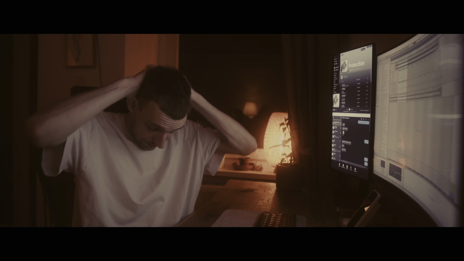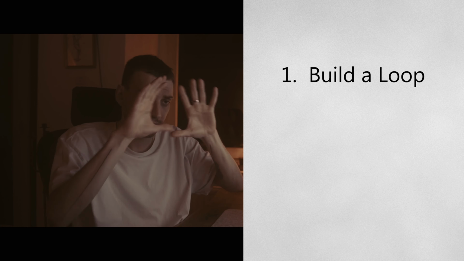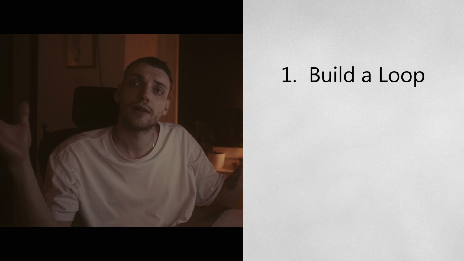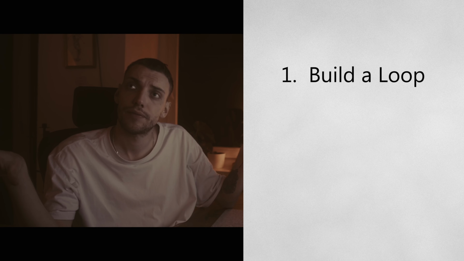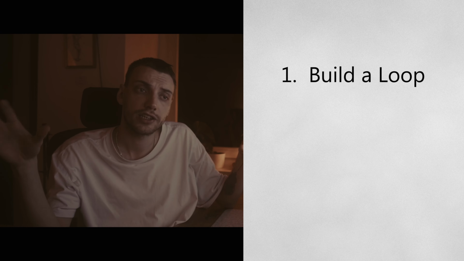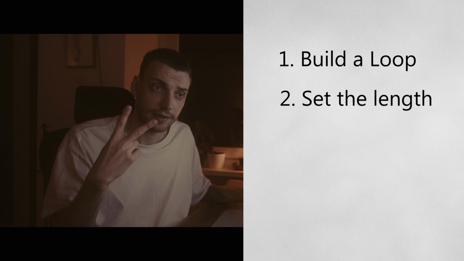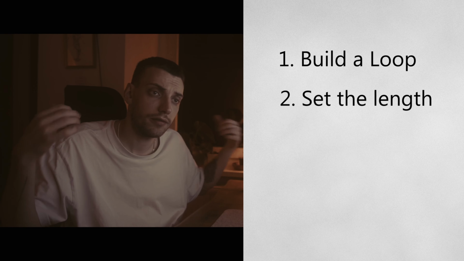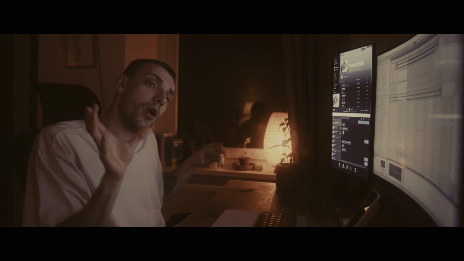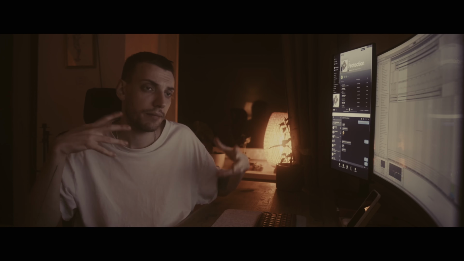A nice way to do it is just first build a loop that you like, where you know, okay, this sounds nice when all elements are inside. So mix it also a bit, make some EQing, I don't know, sidechain, whatever you want. And then the second step is copy paste it in the length of your track. Like when you say I want a 3 minute track, copy paste it till you have 3 minutes. And then work block for block and give them some variation.